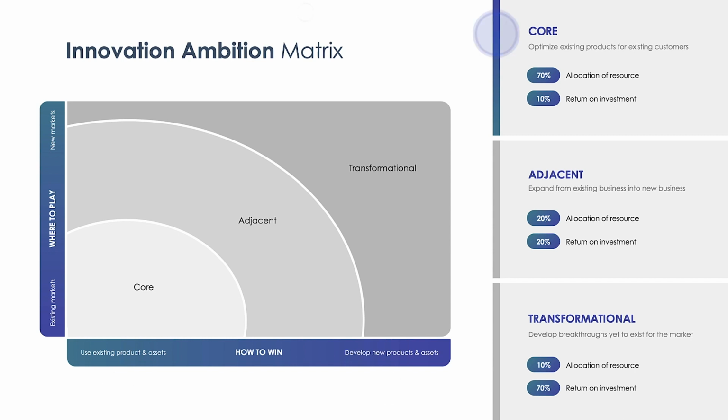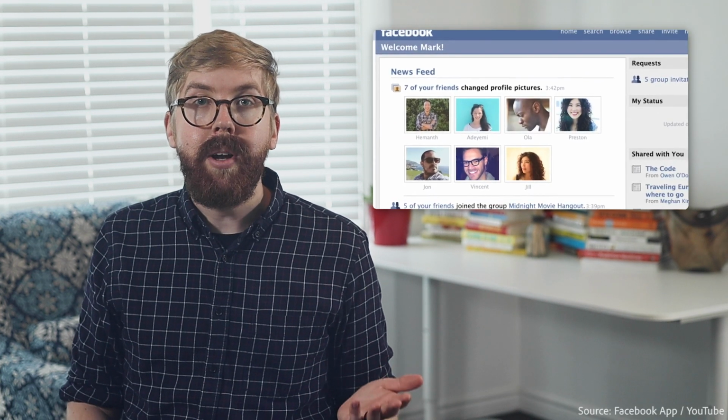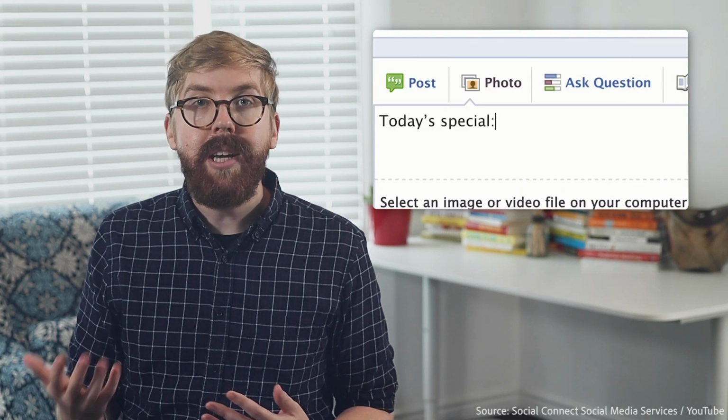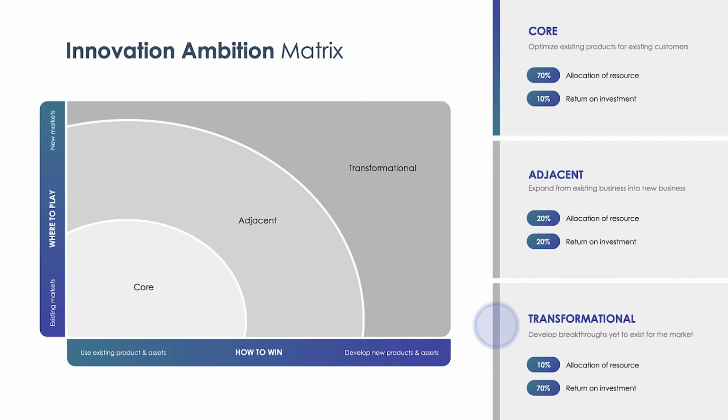Core innovations are any changes a company undertakes to optimize what it already offers. This would be adjustments to core services, customers, and products. For example, Facebook started out with core product innovations as it attempted to optimize its original platform with groups and pages, third-party integrations, and advertiser tools. Adjacent transformations are expansions from existing business into new ones. In Facebook's case, this would be an effort like the acquisition of Instagram or WhatsApp. Transformational changes are an effort to develop breakthrough products in an entirely new market. In Facebook's case, this is Meta.